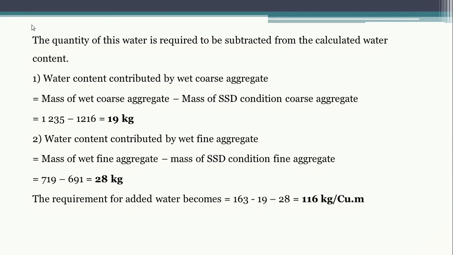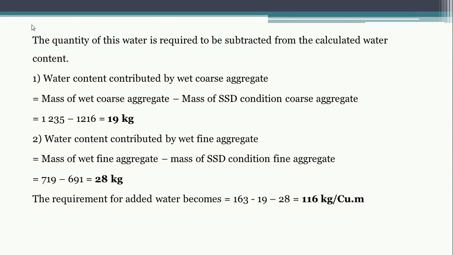So what do we have to do? The aggregate has water in it. If you add the same amount of water that we calculated in the third or fourth step, then what will happen? There will be a lot of water present in the concrete, because the aggregate is also in the wet state. Somebody asked on the first day what will happen if there is rain on the previous day. Then this is what happens, because the aggregates are already in wet condition. If you add the same amount of water that we have calculated, it will lead to a lot of water present in the concrete.